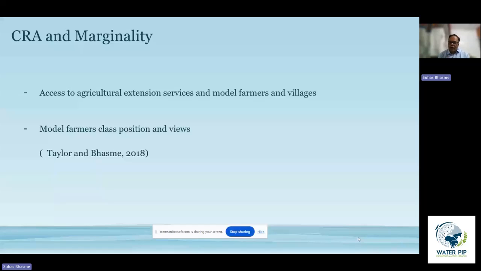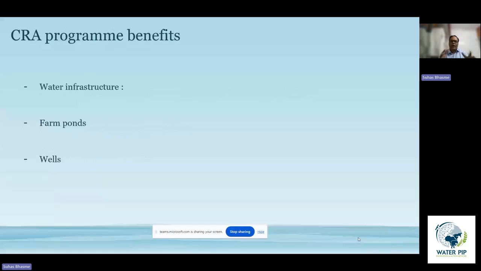So what we also find interesting in this whole context of marginalization is that there is marginalization not just of individuals or groups, but marginalization of the ideas themselves. What is sustainable for a particular farmer, not relying on cash crops or on the agriculture markets, or not getting into a loan trap, which is an ideal condition, might not be a mainstream understanding of what the CRA approach might be. So there is this marginality of ideas and conceptions itself as well.